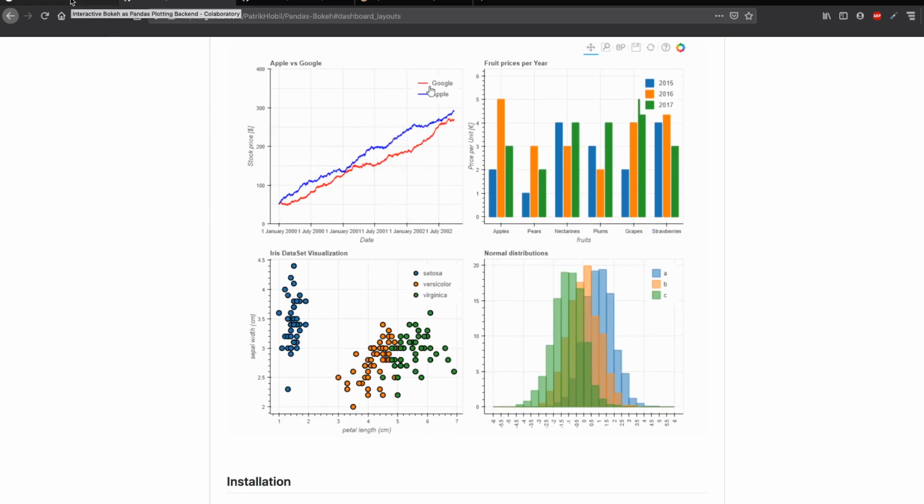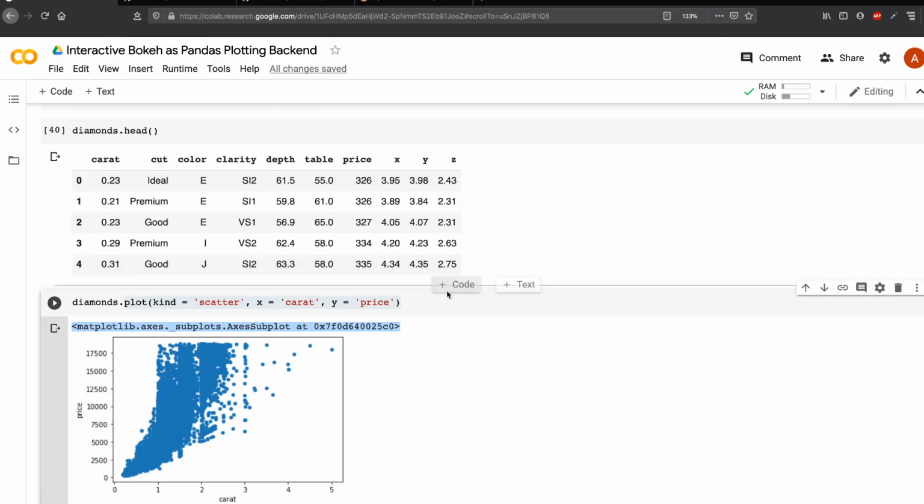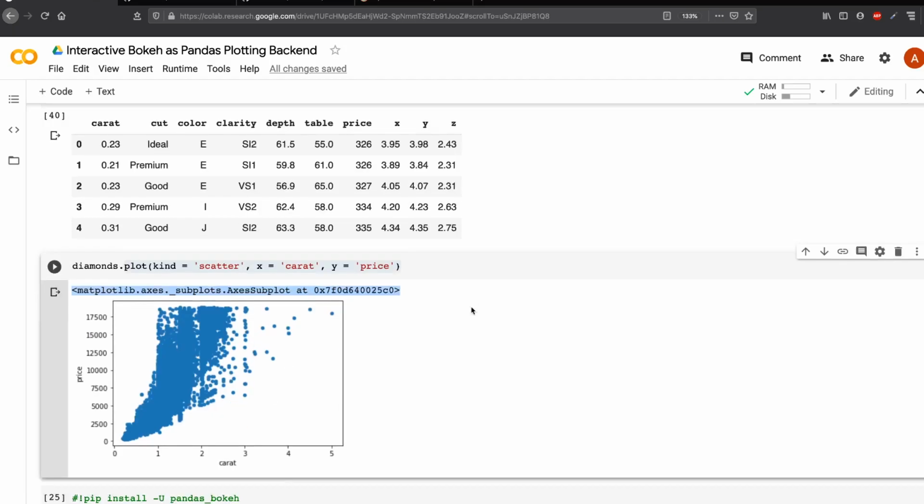If you follow our channel, a couple of weeks back we had posted a video where Plotly had come up with a recent update where you can also specify Plotly as the pandas plotting backend rather than Matplotlib. In case you have not checked that video, I would put it in the comment section and the description section. You can check that video.